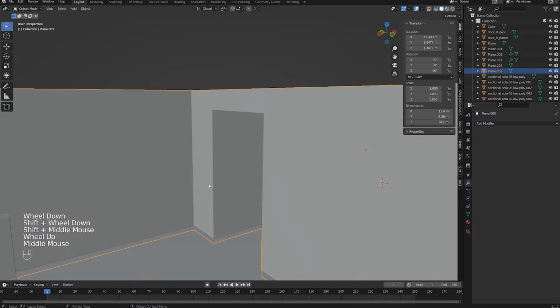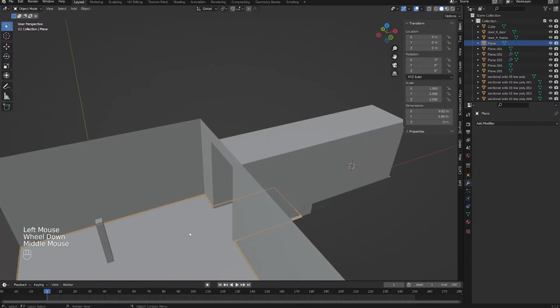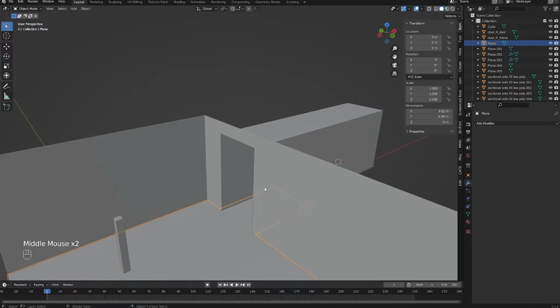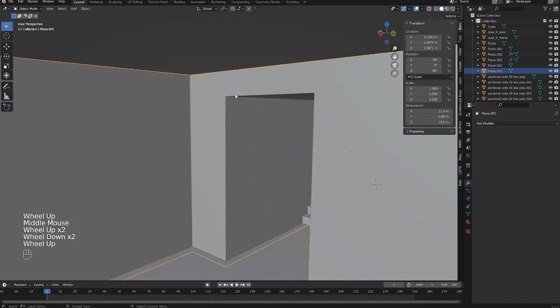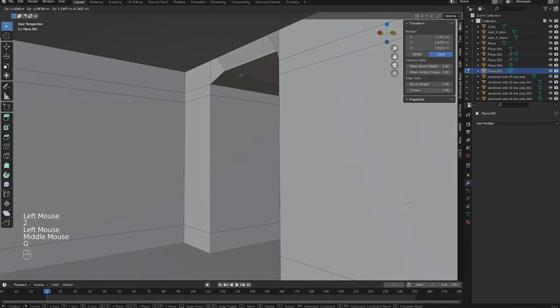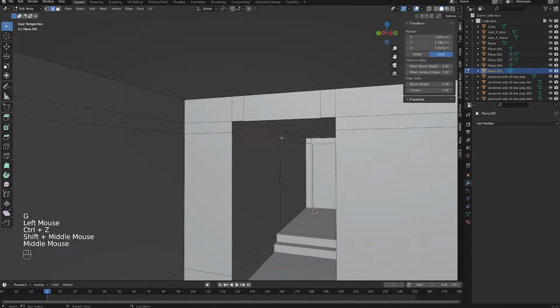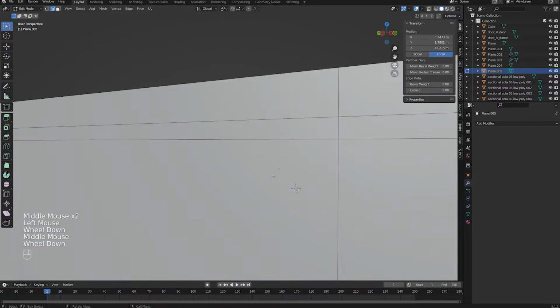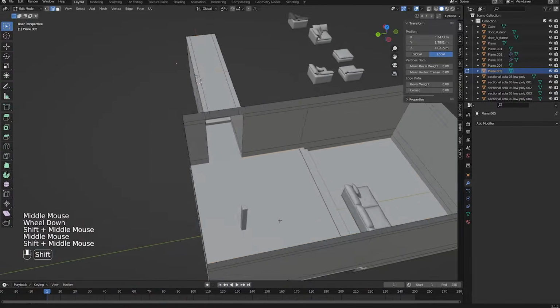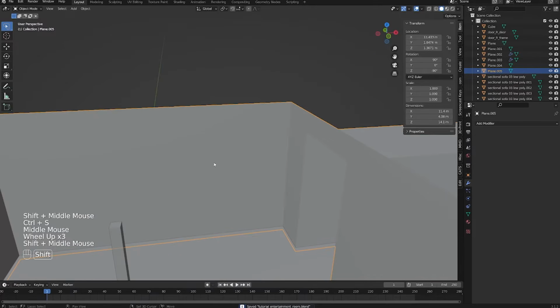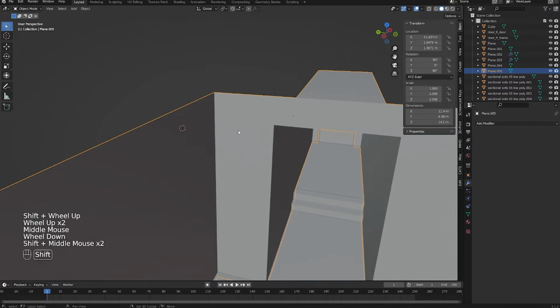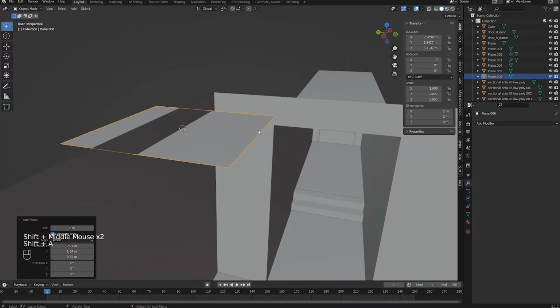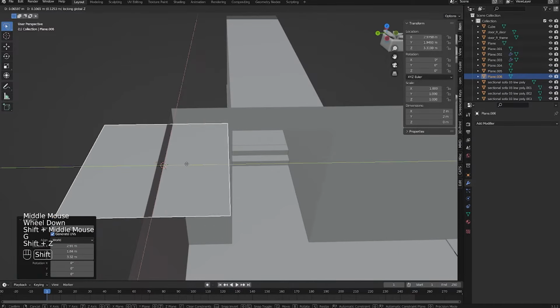And so for this project, I was going to make the ceiling and the floor separate, but because this kind of opens up and these vertices kind of needed to be joined together, I decided to have the ceiling merged here, which is fine. But for over here, we can just bring in a different plane. So let's do that. Let's Shift right click. Let's bring the cursor over here. Let's do Shift A, let's bring in a new mesh, bring in a new plane,